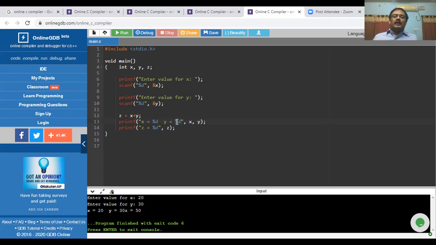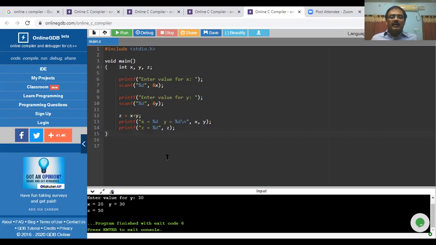Now I make a little change to the program here, \n, which is the next line character. Let us see what is going to happen here. You see here, x is equal to 20, its value, y is equal to 30, its value.